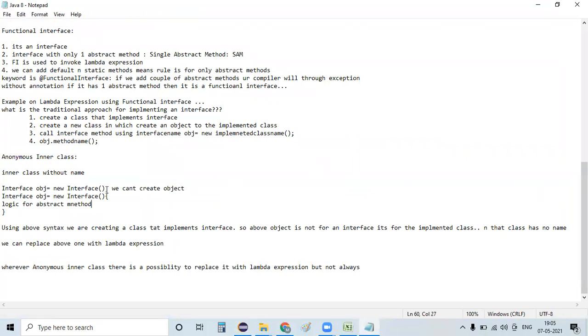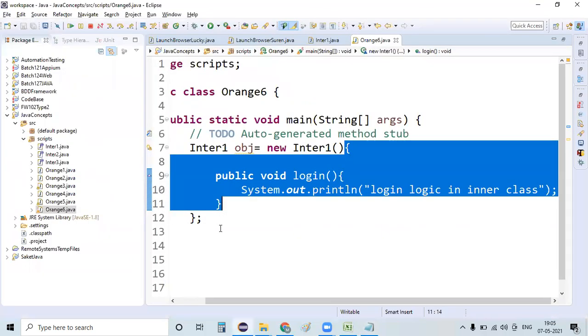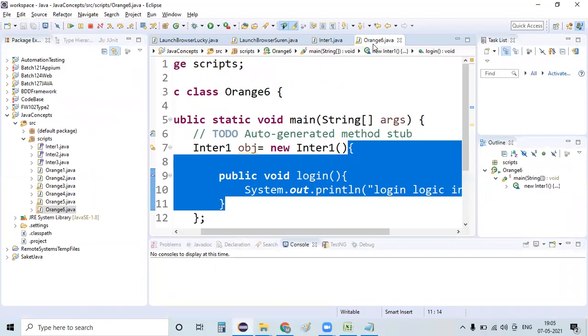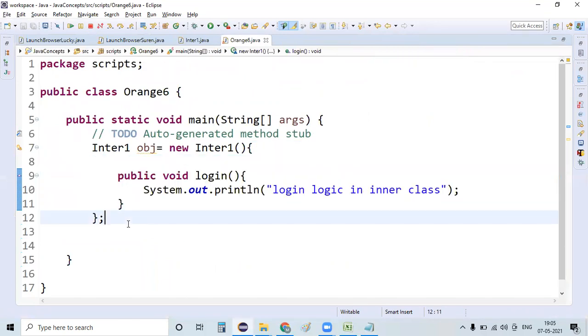An inner class without any name, we can treat it as an anonymous class. Perfect, that's fine. We used it and we have created a class for that too. Now I have implemented my interface methods here. Let me try to access those methods.